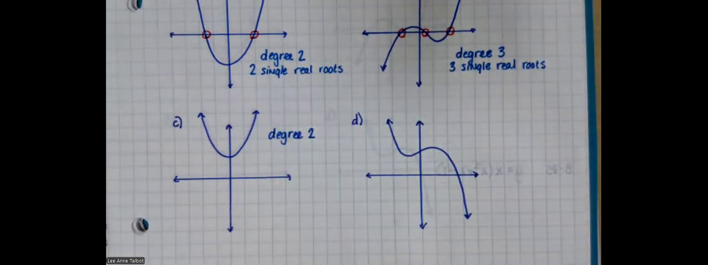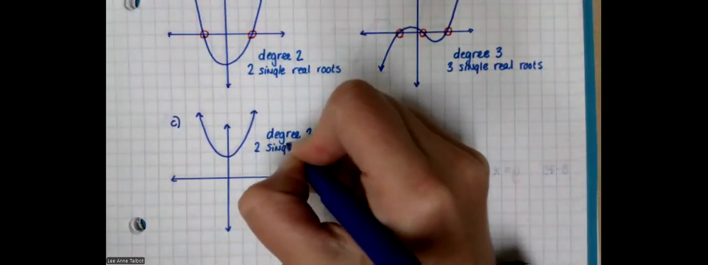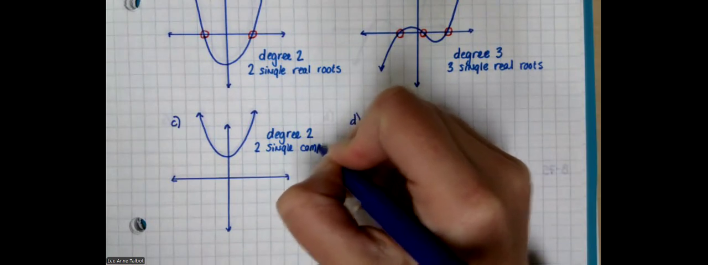Let me hunt for those x-intercepts. Oh no, I don't see any. But Mrs. Talbot told me that the fundamental theorem of algebra says that there has to be 2 roots. What kind are they if I can't see them? Right, they're imaginary, but we don't say that. We're going to say 2 single complex